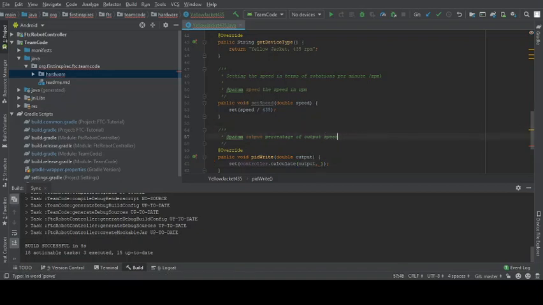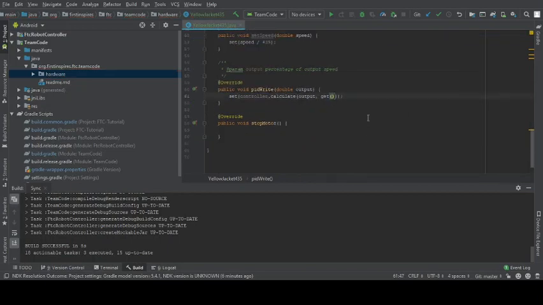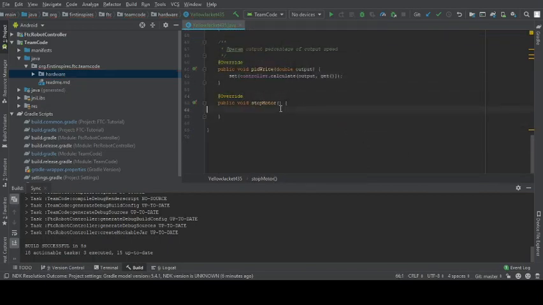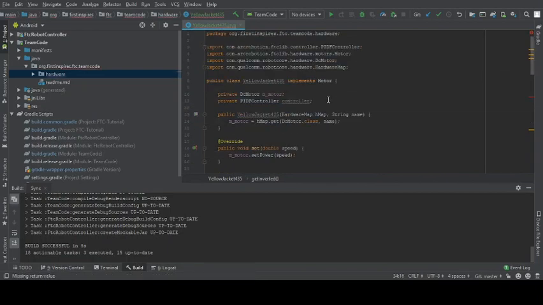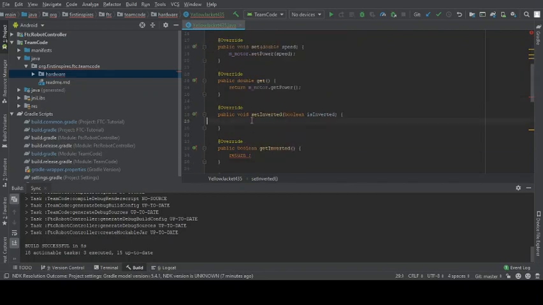Terms of output speed. And then stop motor, we want to just set 0. Common naming concepts. For disable, we're going to want to close the device. For get inverted, so for inverted, right, we're going to return if